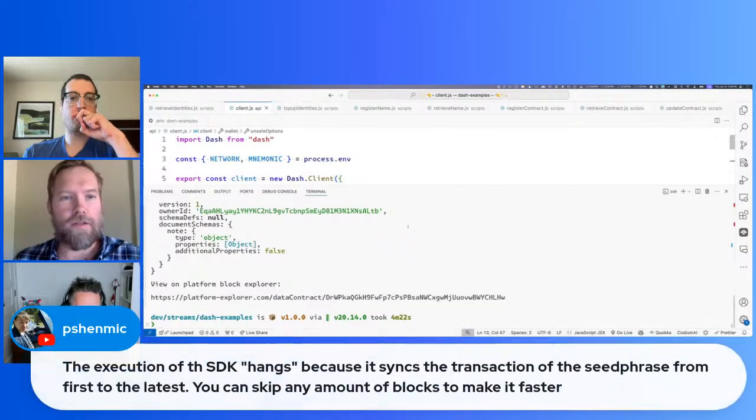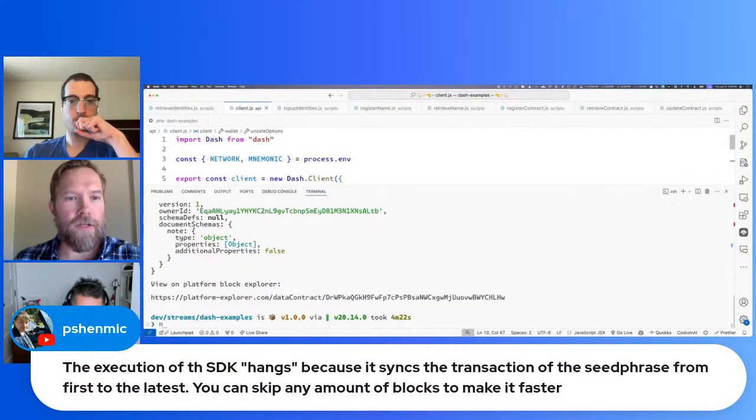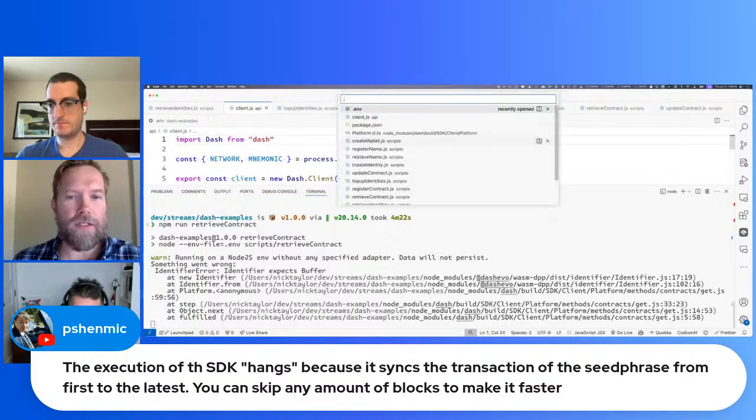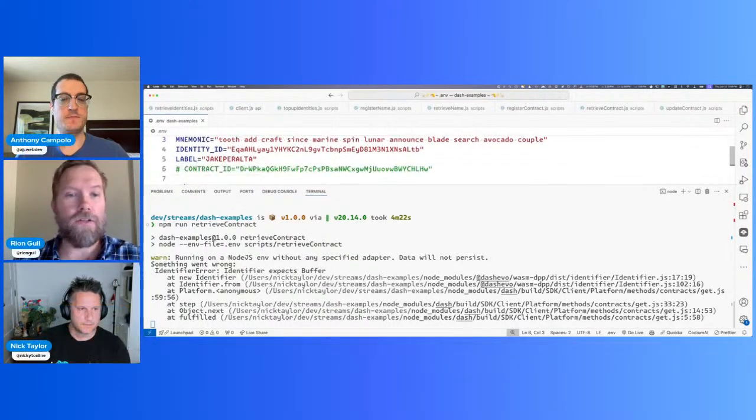Coming back to this comment here, the execution of the SDK hangs because it syncs the transactions of the seed phrase from the first to the latest. That, I would guess, you can skip any amount of blocks to make it faster. I don't know exactly how to do that in this context, but